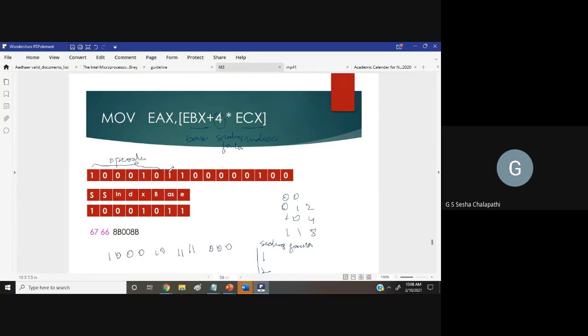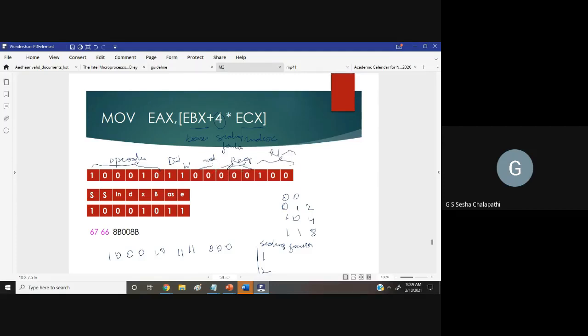Then you have the direction bit, which is into a register, because you are moving into a register EAX, and you are moving 32-bit data, so the W bit is 1. Then the mod, this is the reg, and this is the r by m field.